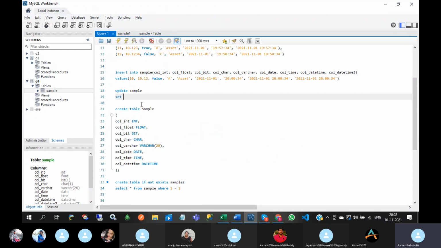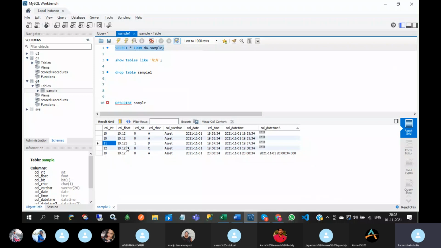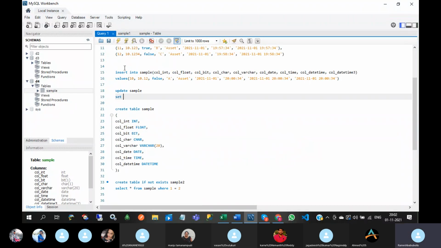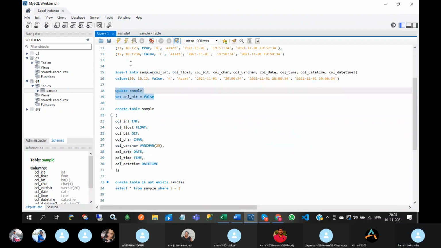Then set. Which column is to be updated? The column name is col_bit equal to false. If you execute this query, then immediately all records will have col_bit as false. See this.